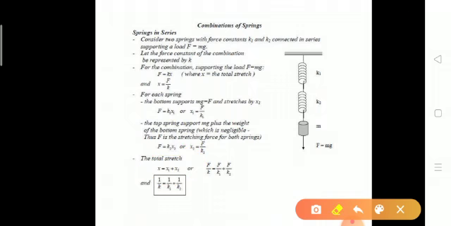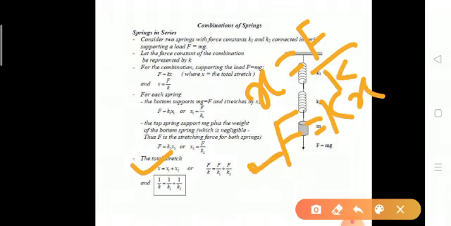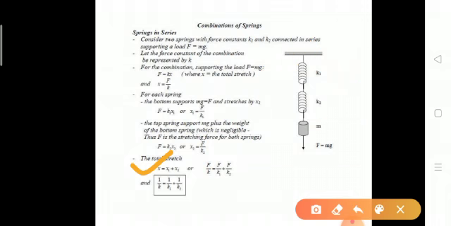So what you do is put the x value. You already have one formula, F is equal to k into x, where F is force, k is stiffness, and x is deflection. So from here you will get x is equal to F by k. You just put the value here, and we have already discussed that the force applied to both the springs is the same, so you will get this equation, and from that equation you eliminate the force F, because it is equal in all the cases.